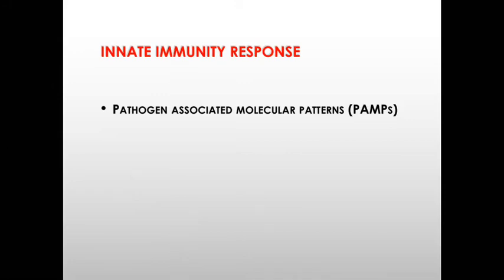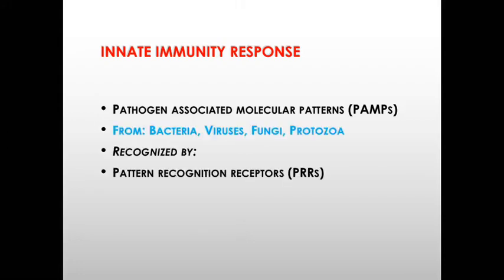So these are parts of microorganisms that we have embedded the ability to respond to when we have that present in our bloodstream. So it can come from any microorganism, and it's recognized by receptors both in the blood and on the surface of our immune cells that recognize these